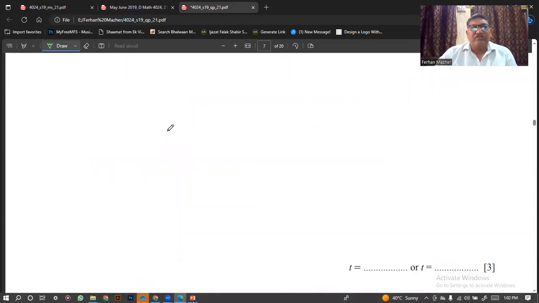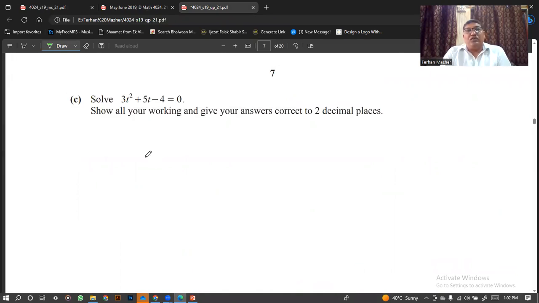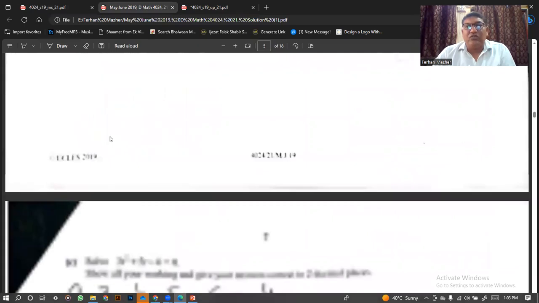It's a 3 marks question. This is question number 4, C part. It says solve 3t square plus 5t minus 4 equals 0. Show all your working and give your answer correct to 2 decimal places. So we are going to apply the quadratic formula, and you know the quadratic formula is